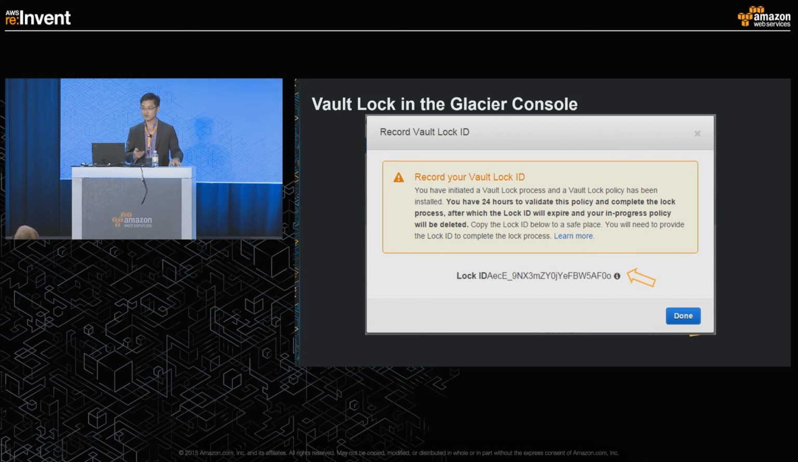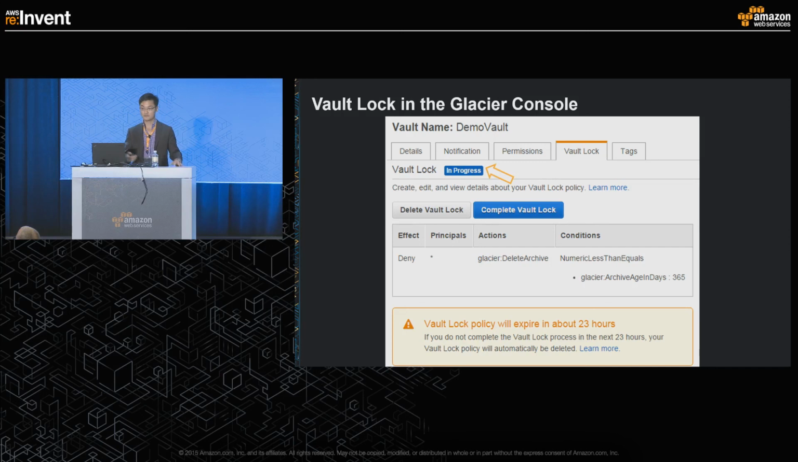So then you would make a copy of this lock ID and store it somewhere safe. And then you go back to the console. Then we show, hey, this demo vault is now in progress in terms of the locking process. What you also see at the bottom is the policy that is in flight. This is saying the delete archive operation is being denied based on this archive age in days condition for the next 1 year. So you can choose delete vault lock if you want to revise the policy. But I'm happy with my tests, so I'm just going to complete this vault lock process. You click this button,